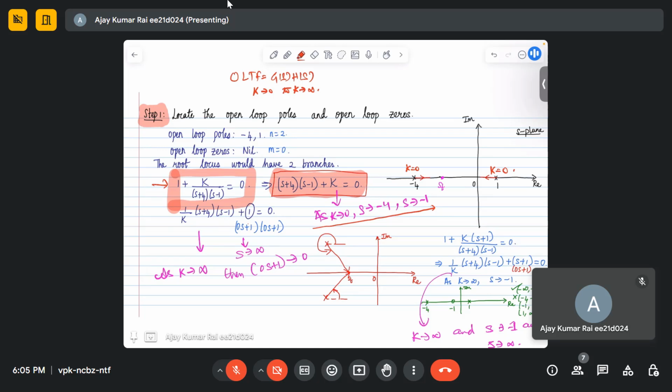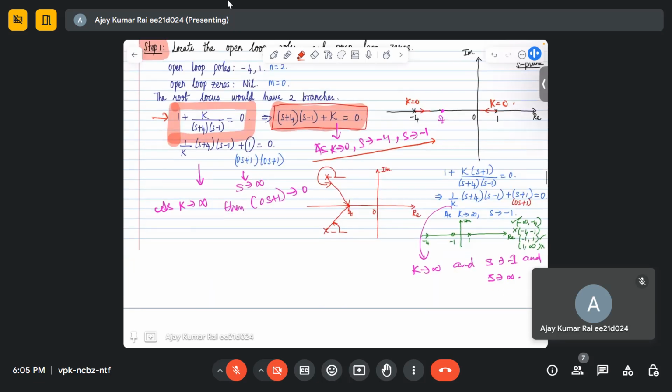Okay, so it can be written like this: (s + 4)(s − 1) + k = 0. When k is equal to 0, if you see s + 4 and s − 1, s has to be equal to −4 and s has to be equal to 1. Only then does this equation become 0. So we can say, as k tends to 0, s tends to −4 and s tends to 1. Similarly,